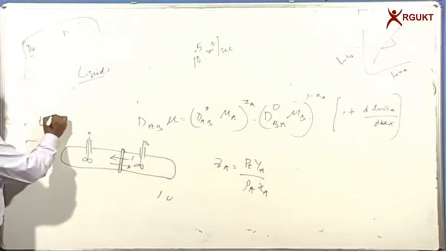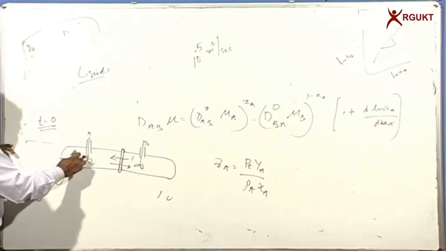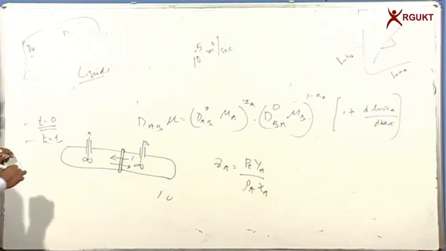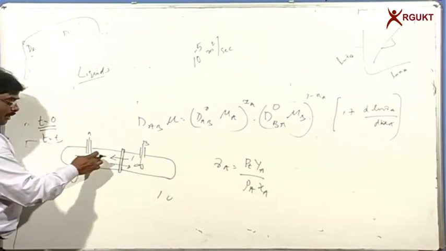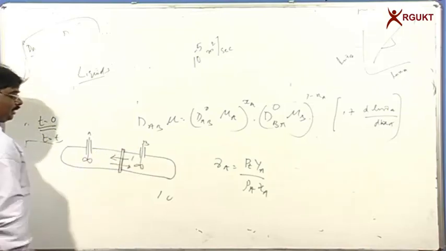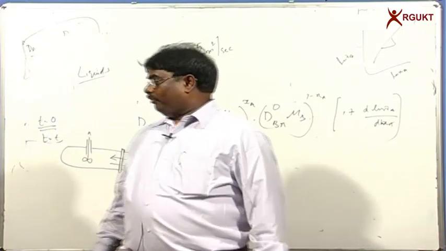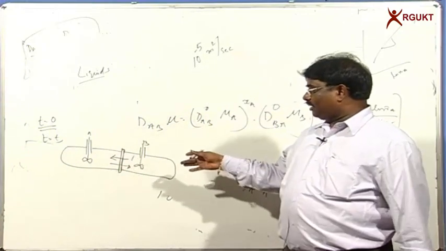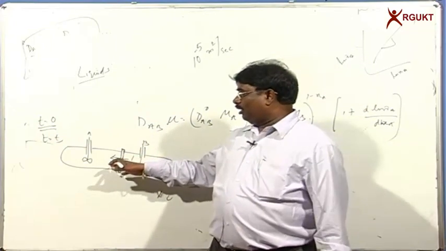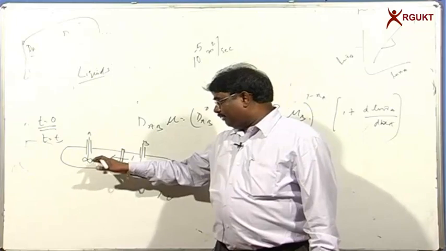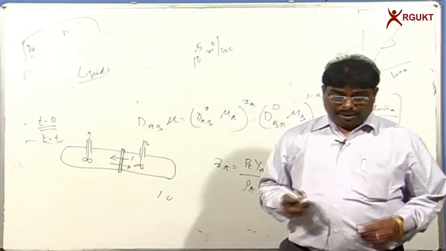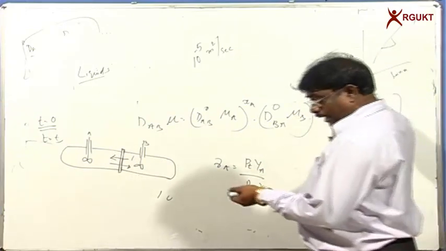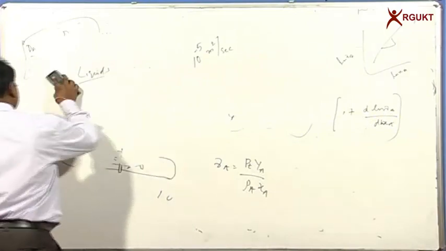At time t equal to 0, you know the concentration of A here and the concentration of B here. When you stop the experiment at time t, we can take samples and estimate the concentrations here and here. Once you know these concentrations, one can calculate the diffusion coefficients. If somebody is interested, you can refer to some advanced books where they explain how to estimate the diffusion coefficients of liquid A in B or B in A using this sort of experimental setup. So this is what I wanted to explain about diffusion coefficients, and now we are going to discuss some numerical problems